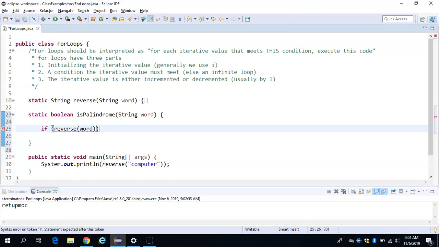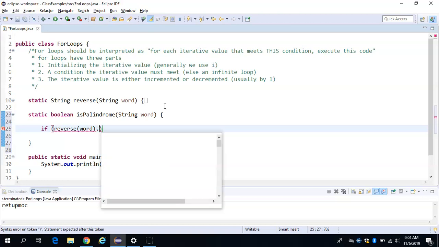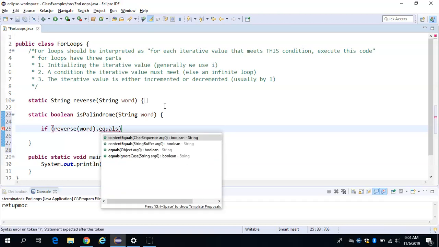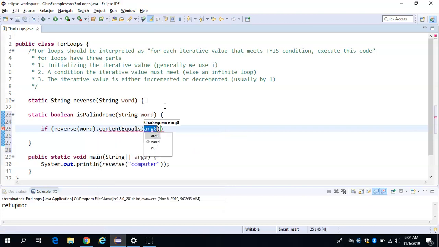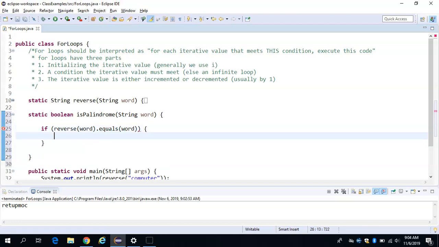To compare strings for equality, we use .equals. We do not use the double equal sign. To compare strings, we use .equals. So if reverse(word) equals word, then we want to return true,